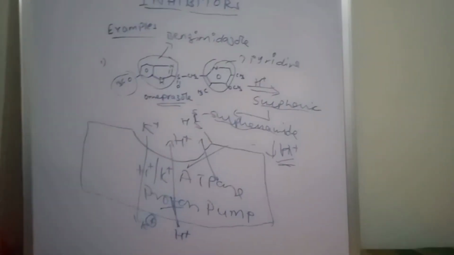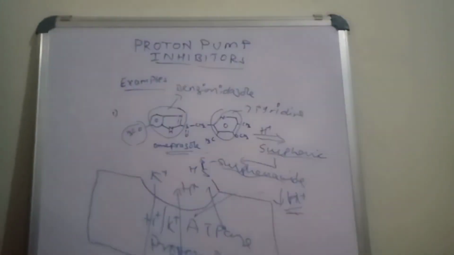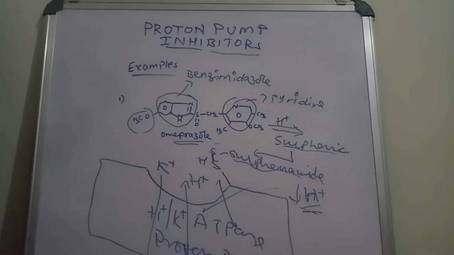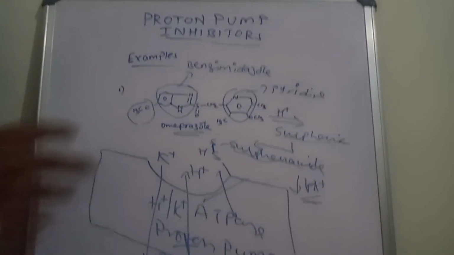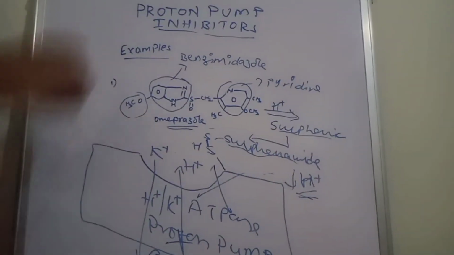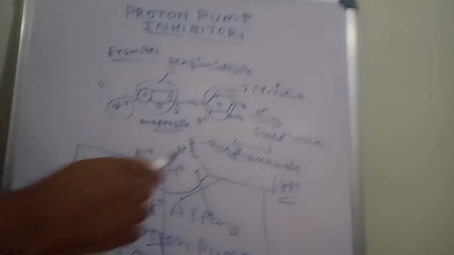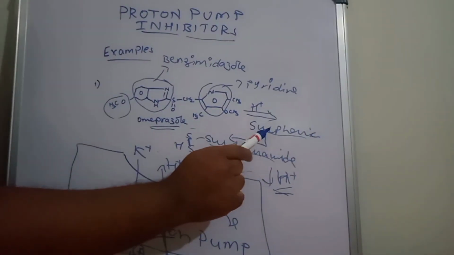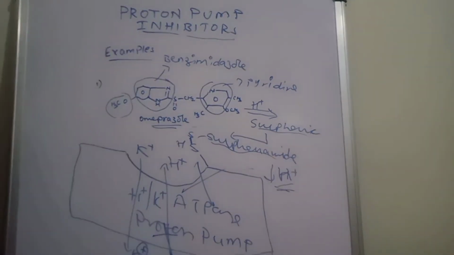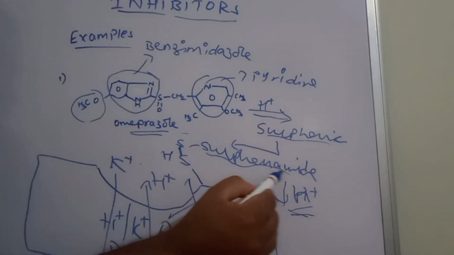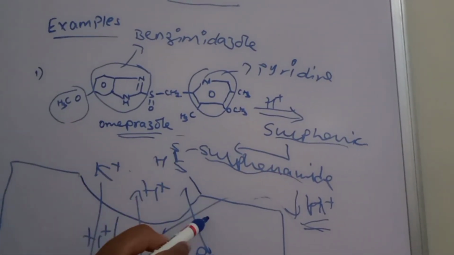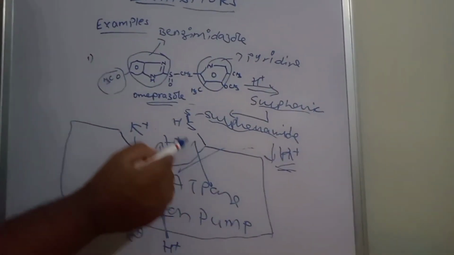Because of the reduced acidity, proton pump inhibitors are used majorly for peptic ulcer and duodenal ulcer, whereby there is a decrease in acid secretion. The proton pump helps in increasing acid secretion, but proton pump inhibitors inhibit it through the sulfhydryl group. Once again I repeat: omeprazole in acidic medium converts to sulfonic acid, and sulfonic acid converts into sulfinamide. The sulfur of this sulfinamide forms a covalent bond with the sulfhydryl group of hydrogen potassium ATPase.